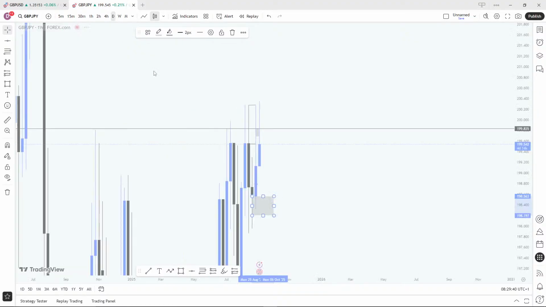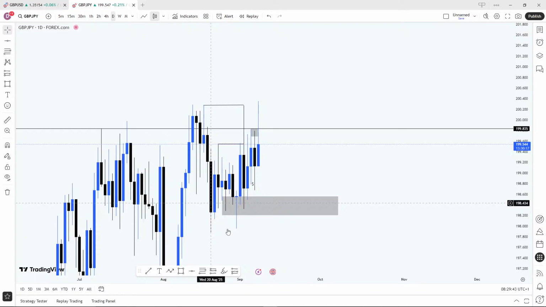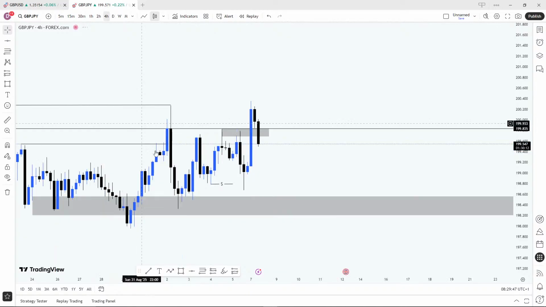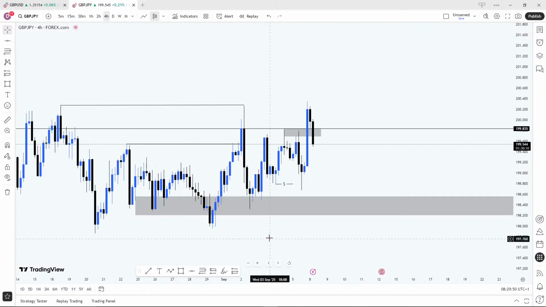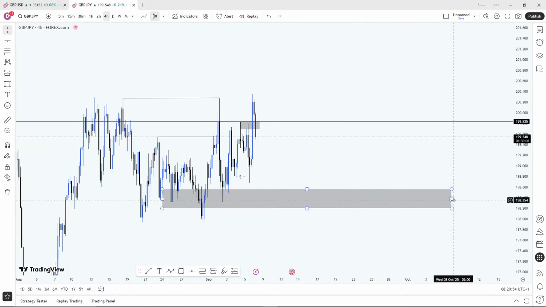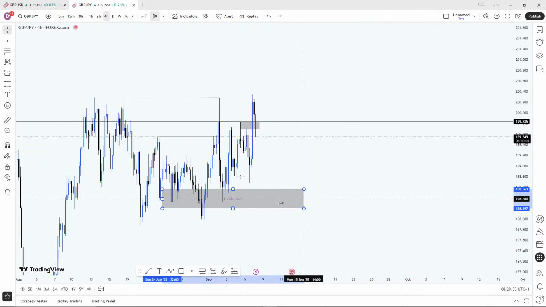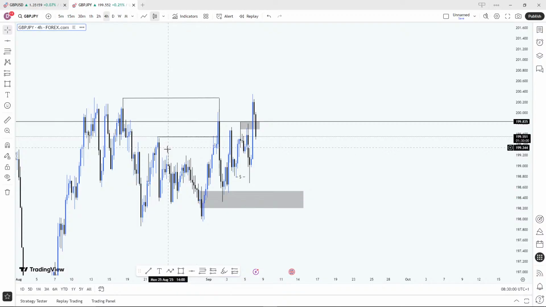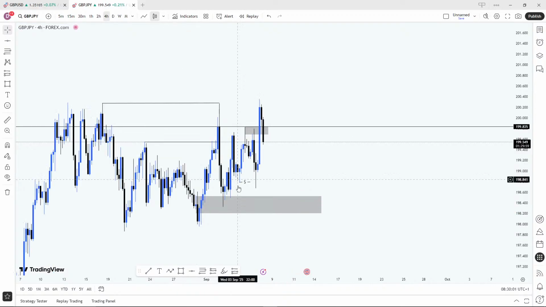So the daily time frame is also aligning. This is also what is showing on the daily time frame. Then on a 4-hour time frame, we have it as an order block like this, and this order block has already been respected at this very low. It has already been tapped into, it has already been respected. So let's see if we have a fresh zone, a new zone where we can buy from.